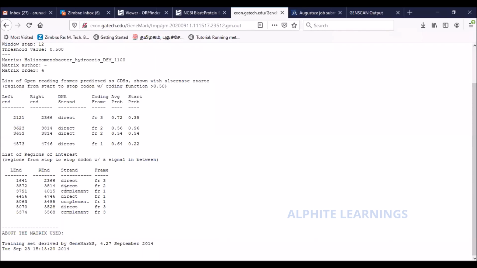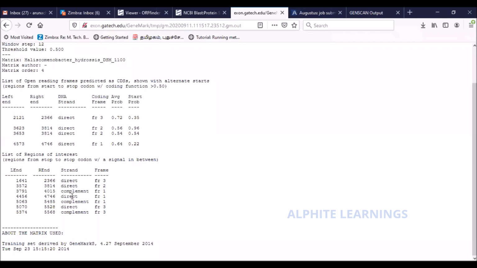Now you see these are all predictions, right? You have to make use of all the programs that are available, compare them, and see which one makes sense. It changes case by case. For one case, one program might be successful. For the other case, another program might be successful. So in this case, I used 3 different strategies. I selected these 3 programs because of the 3 different strategies.